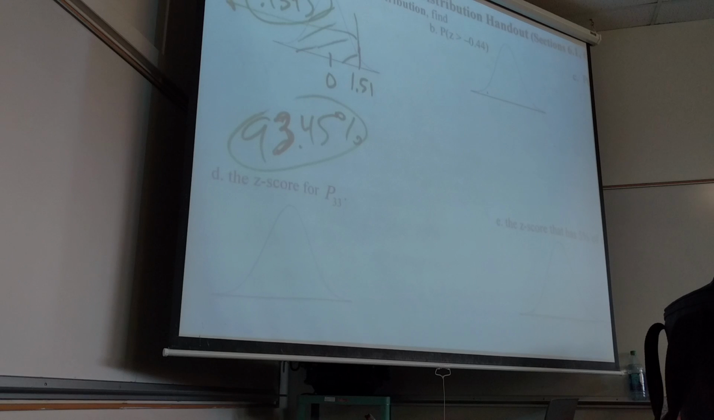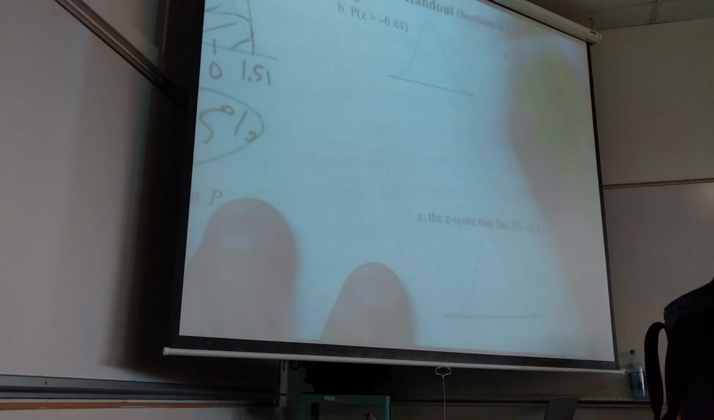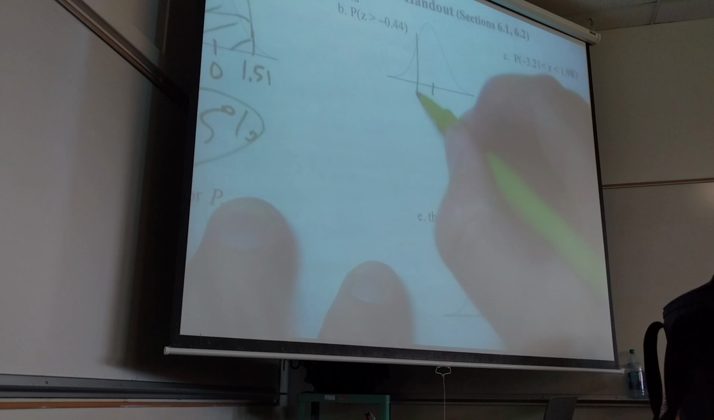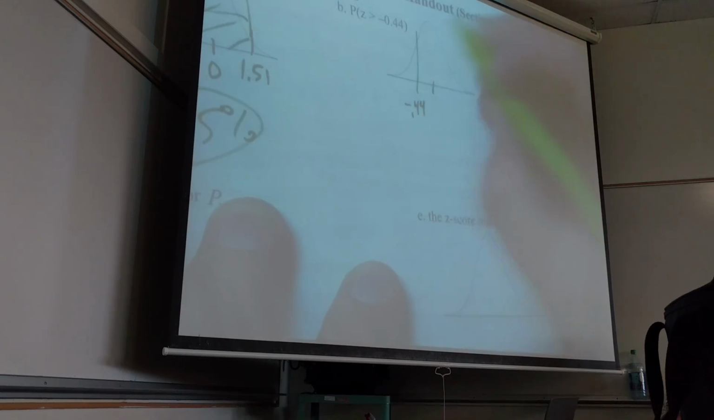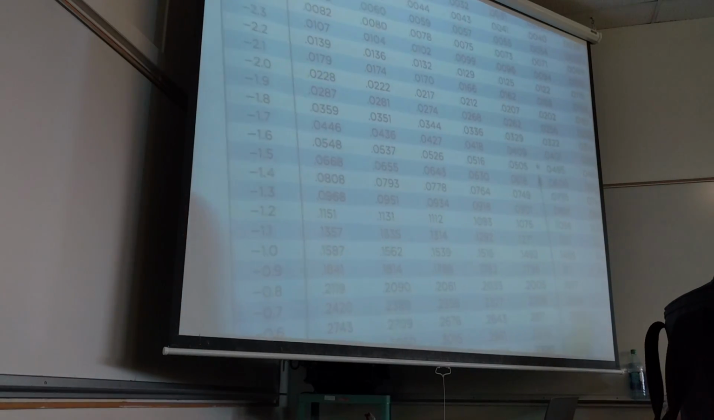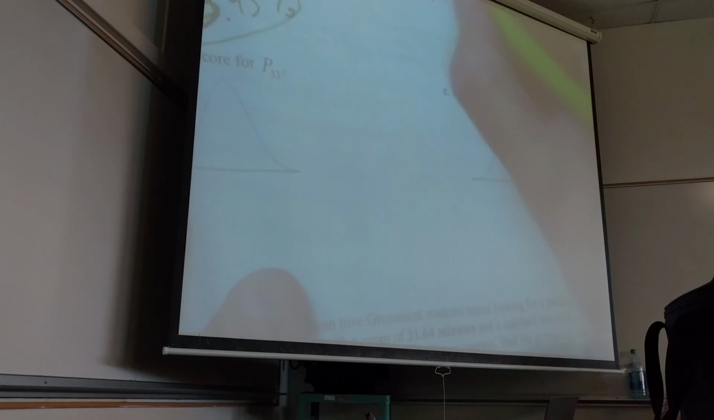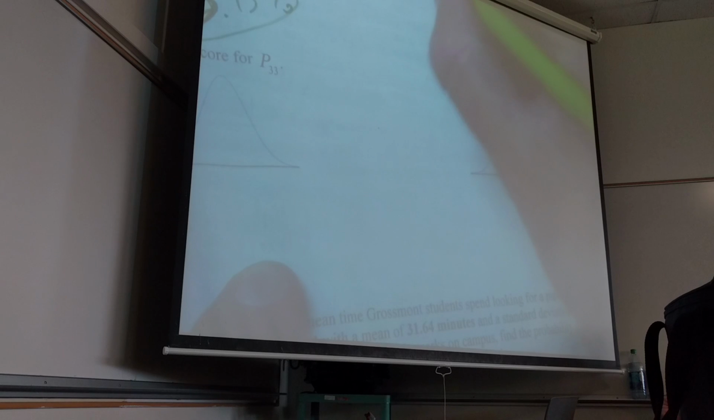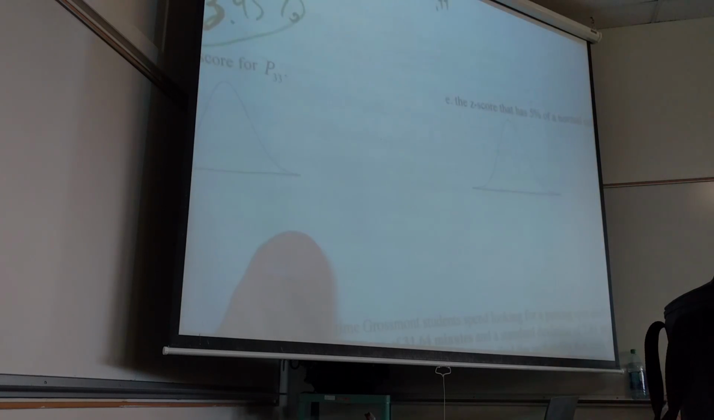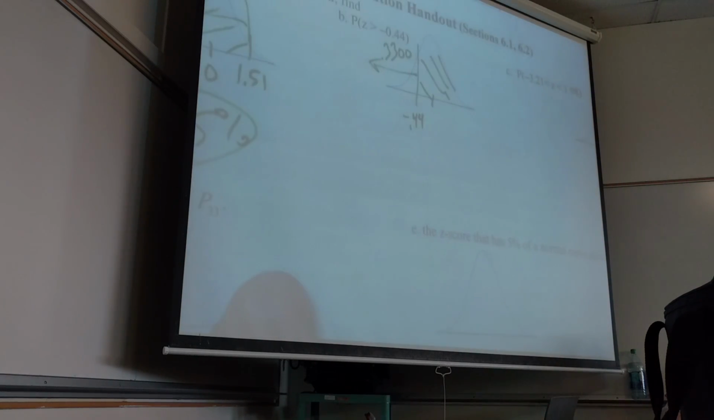Alright, cool. Is everybody cool with that first problem? It's only when the question is greater than or between that you have to do some adjusting. So this one's greater than negative 0.44. Again, the middle is 0. Negative 0.44, maybe about right there. I want this area. When I look up negative 0.44, I get 0.3300. So that's this area here. It's always the area below what I just looked up. So the area above that,